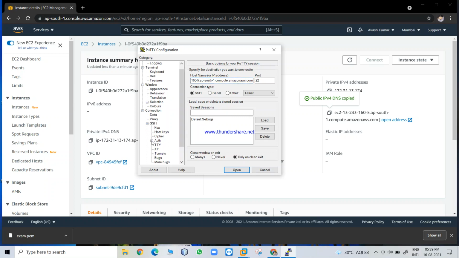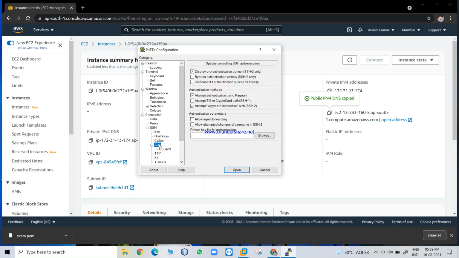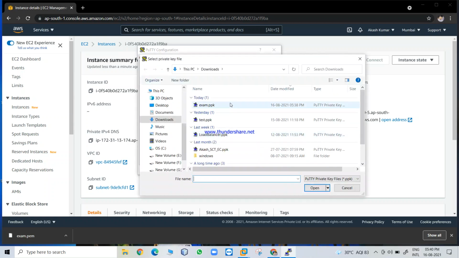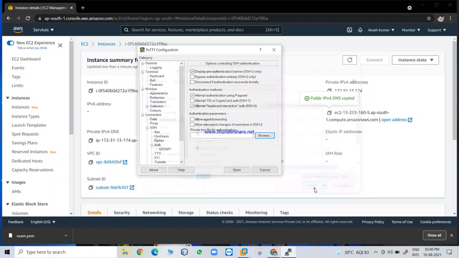Then we have to click on Auth. Then we have to browse. See this. And just we have to open.